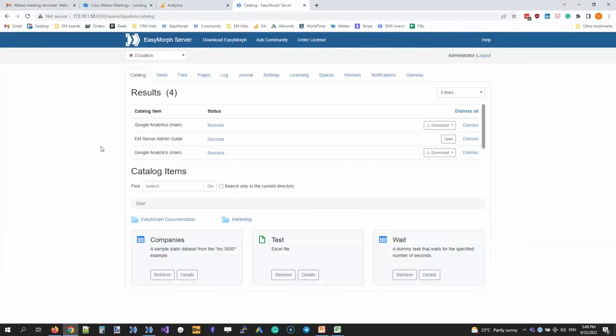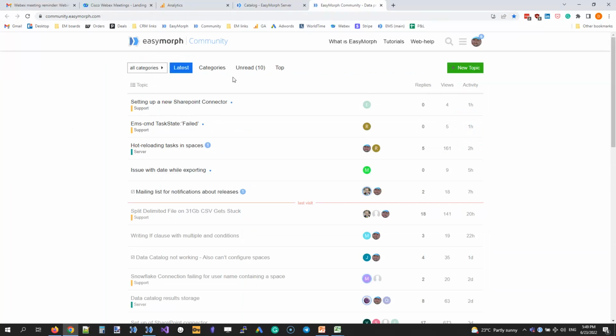What kind of adjustment do you think you will need? That's more user friendly. It looks rather technical. I mean, a user only wants to use the datasets that are below. Maybe something to think of. Maybe we are open to suggestions. If you have ideas how to make it more user friendly, that's of course welcome. We have the community forum. All the suggestions about the way the catalog looks and works are welcome. So please create a new topic.